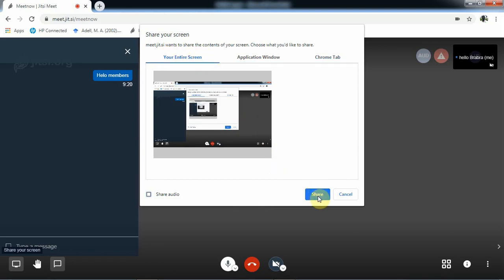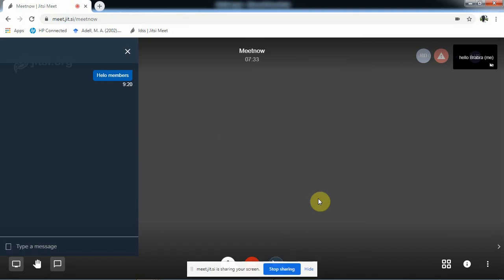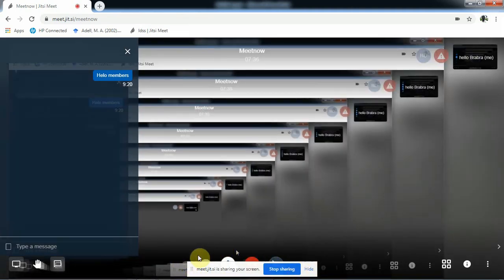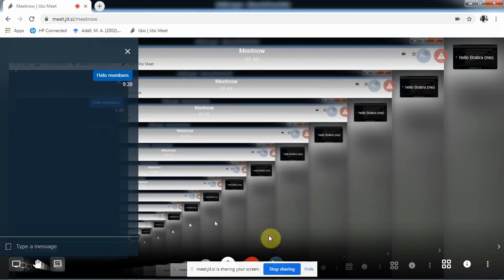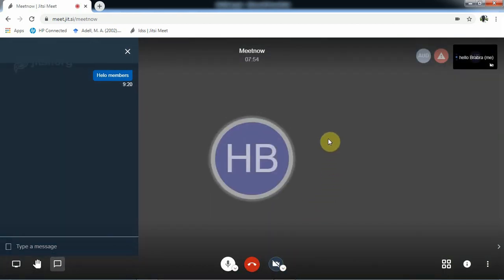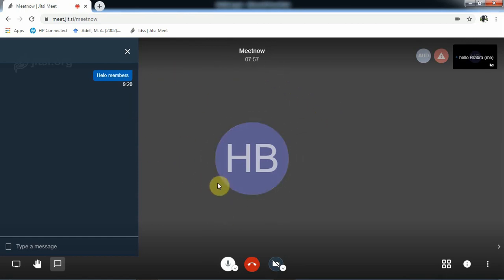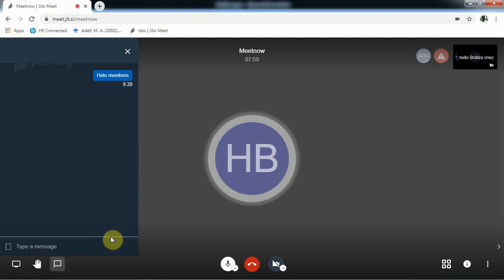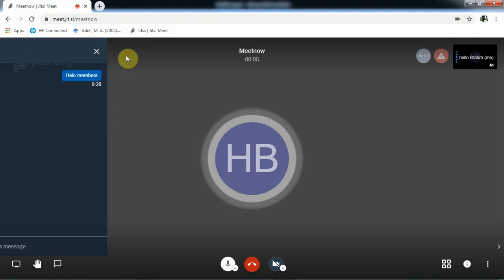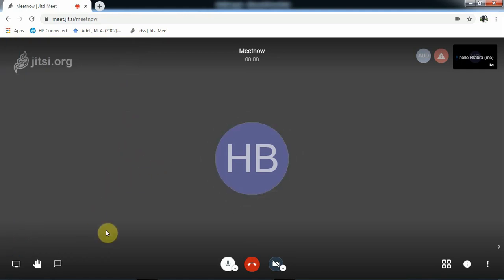Then we say share. When you click share, then below here, you will have some information showing you that you can now stop the screen. At the moment we have this because I do not have other participants. So to stop the sharing, you just click on stop sharing. When you click, then you have the screen once again. If we opened the chat area for chatting, to remove it, you just click on that close button, then you will have the whole screen for you.